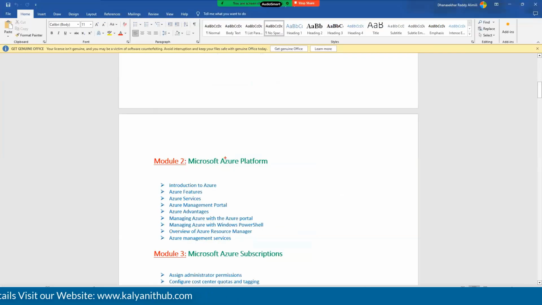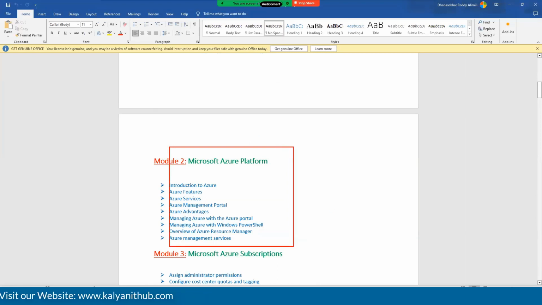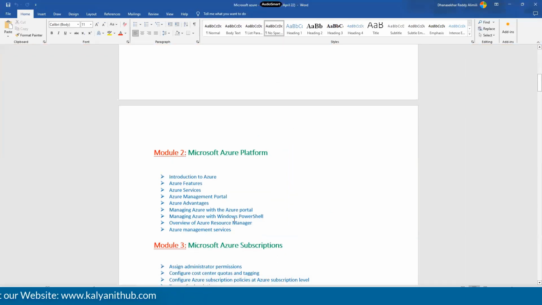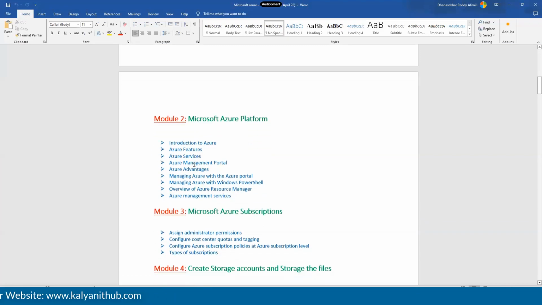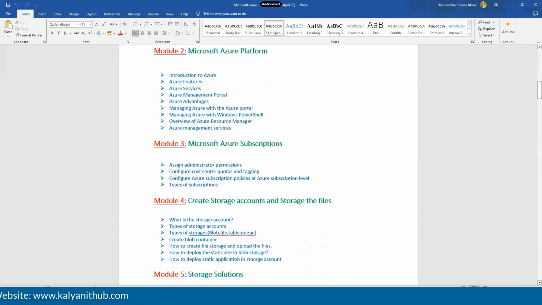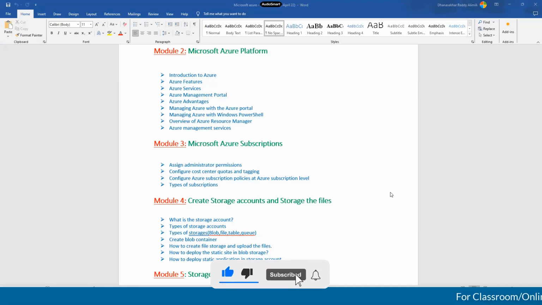Here we are discussing the Azure platform. What is the Azure platform? How can we go through the Azure portal? That we will see in module 2. Module 3, Azure subscription. What is a subscription? Any idea, anyone, guys? It gives the features to work in the cloud, on a pay-as-you-go model.